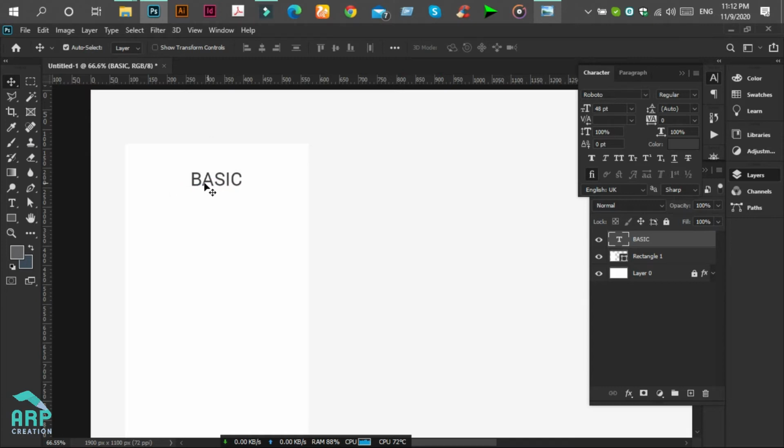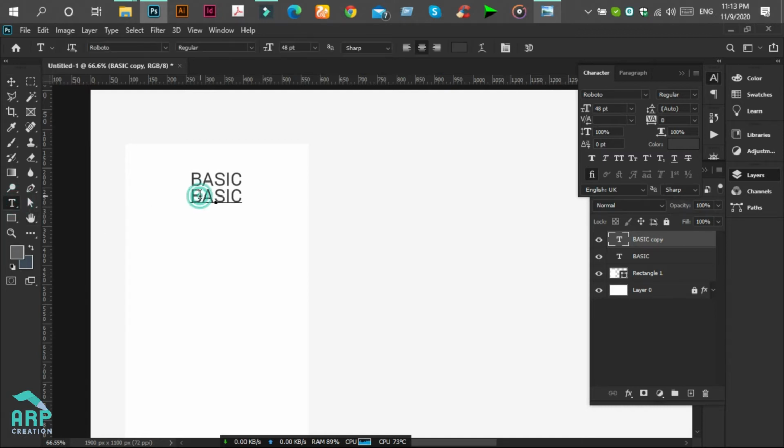Now we'll duplicate this text layer again. For duplicating, press Ctrl J on the keyboard. You will see a duplicate copy of this layer. Now we will move this. Press the down arrow key on the keyboard. It will automatically move this to the down section and change the text to sample text.